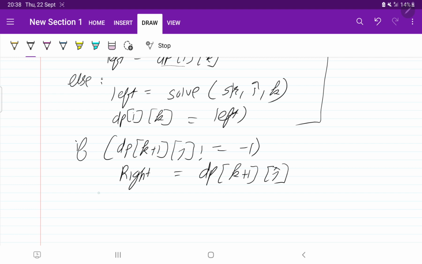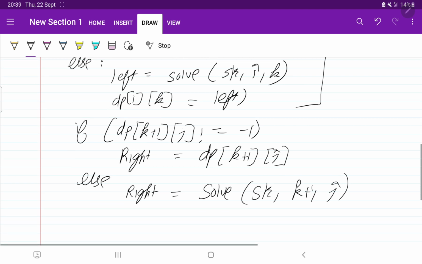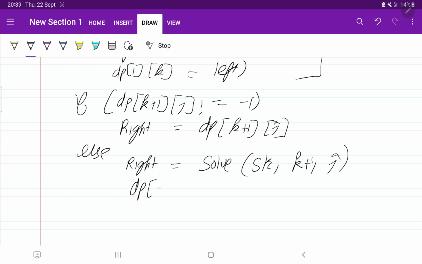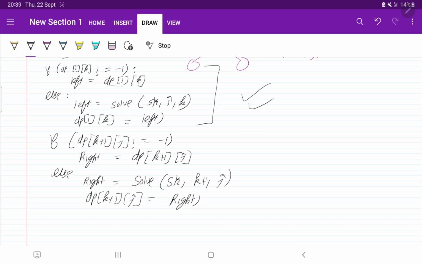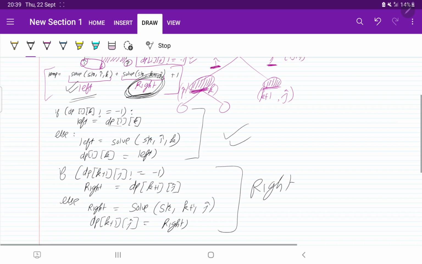If it is not already solved, then we call the function by passing the string k plus 1 and j. Perfect. Then we update that particular element in the matrix with right. So this was for the left part and this one for the right part. We have done left and right.